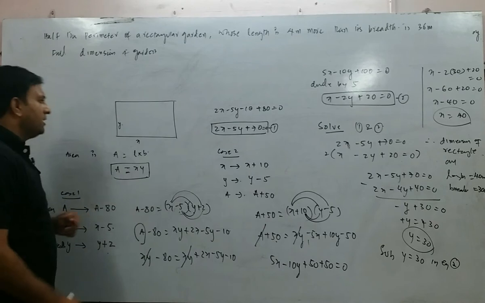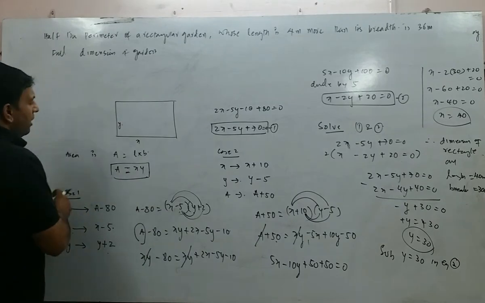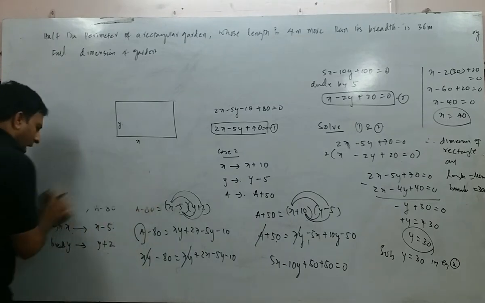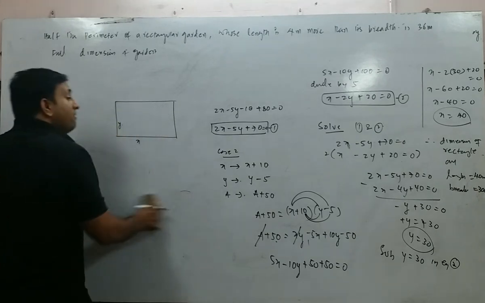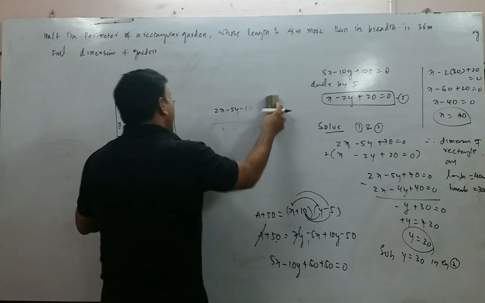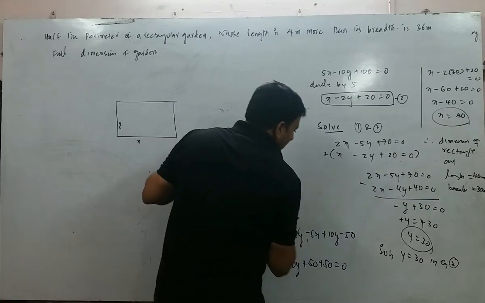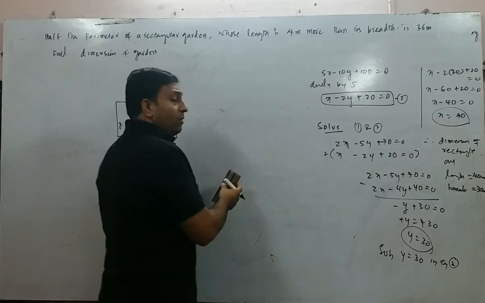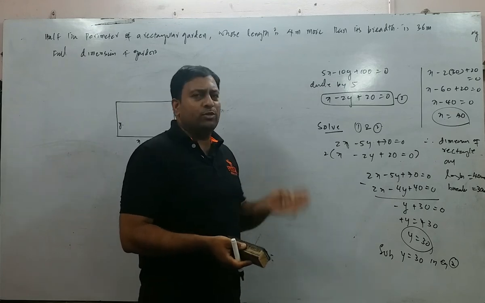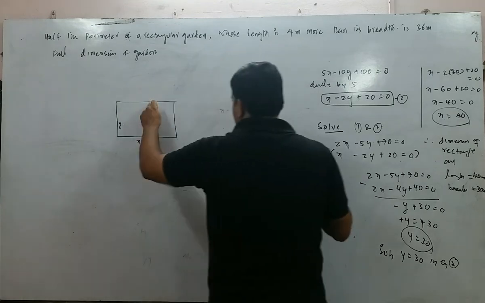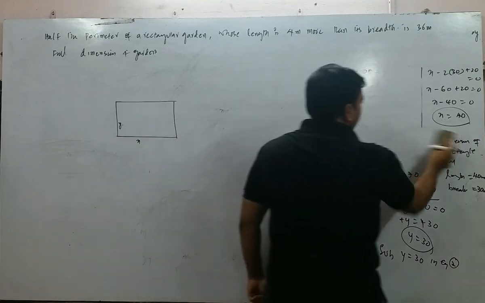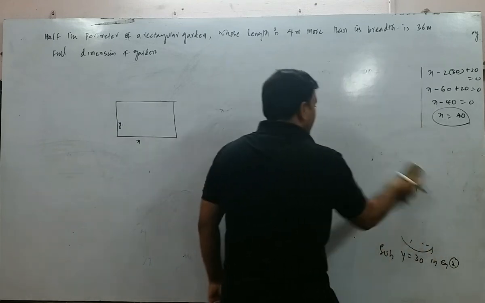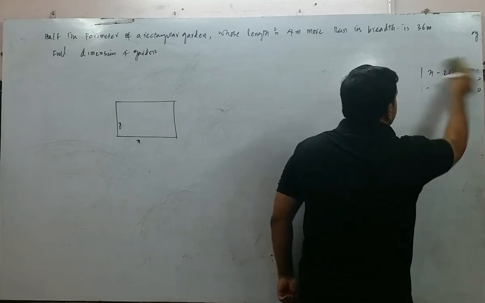Like in the previous case, you had to know the formula for finding the area of the triangle. And in this particular case, you should know the formula for finding the perimeter of the rectangle. Right? I am sure you must be thinking, what is the formula for the perimeter of the rectangle? What is the perimeter of a rectangle? 2 times length plus breadth, is it not? 2 into L plus B is the perimeter of the rectangle. Alright, so let us start our numerical.